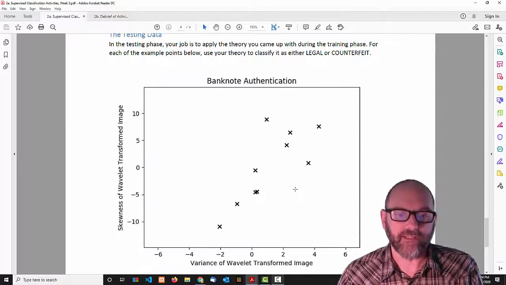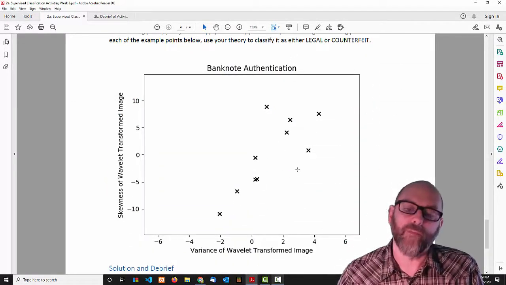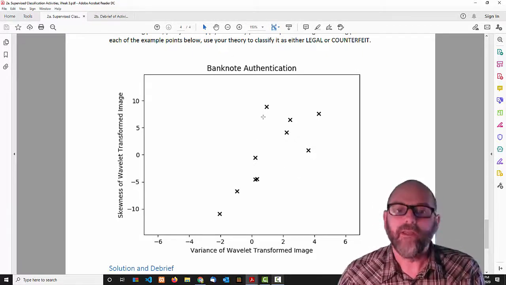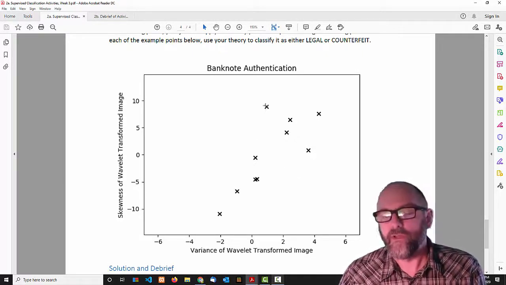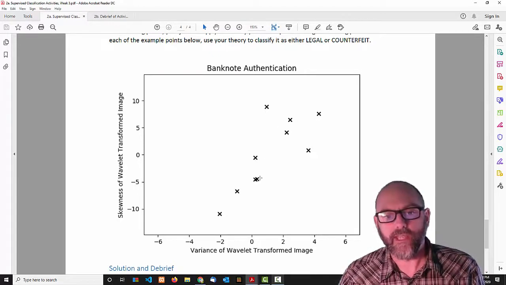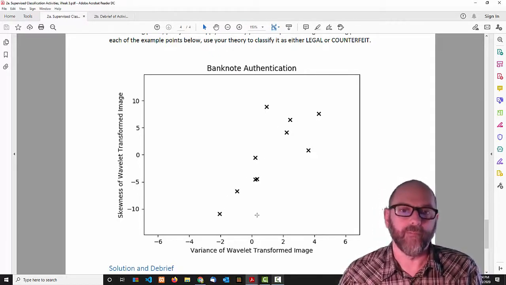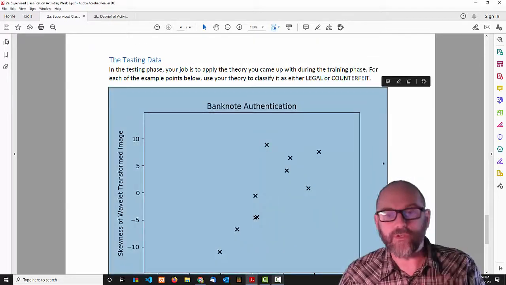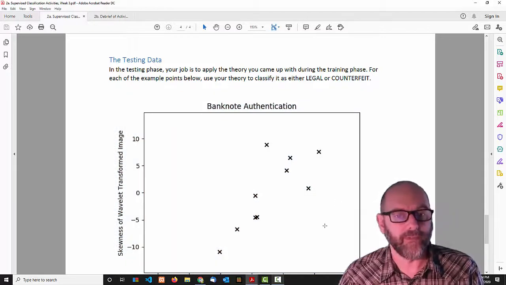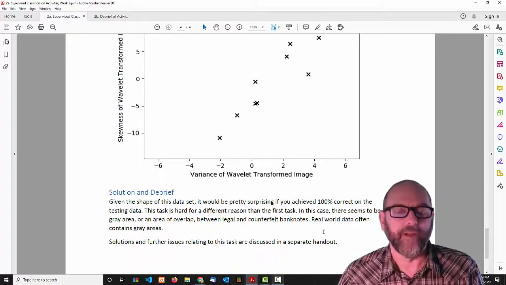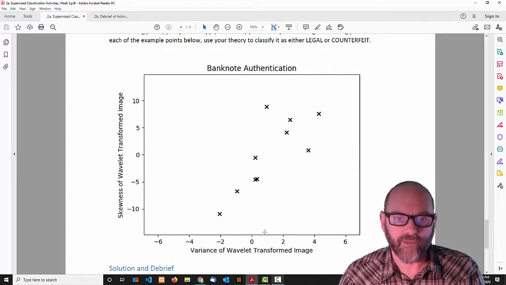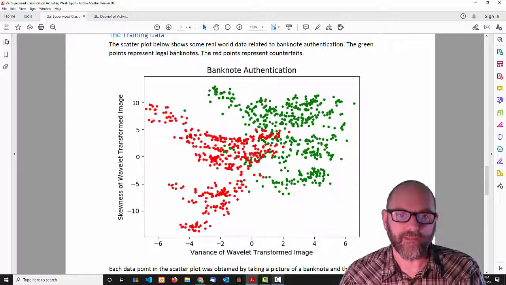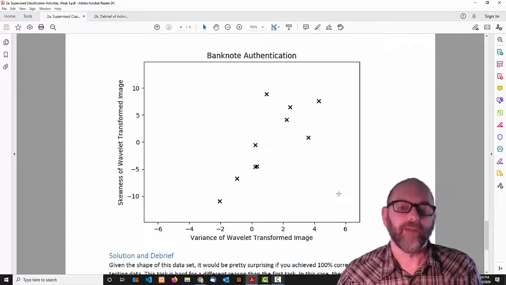Then you move on to the testing set. This will be a lot easier to work with if you've printed these 2 pages, because you can put them up next to each other to see where these points fall. Your job then is to use your theory to label each of these points as counterfeit or legal. So those are the 2 classes, legal or counterfeit. If you choose to do this one, usually this one doesn't take people as long. Once you've got your theory, label these points according to your theory. So you form the theory by looking at this, you label them here,